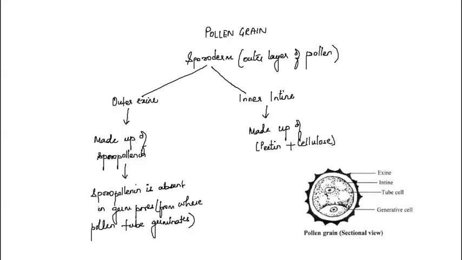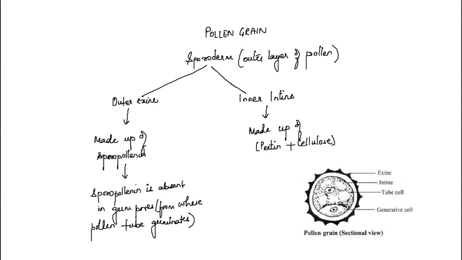Now we will discuss the pollen grain. What we studied: the pollen mother cell has undergone meiosis. It has produced what? It has produced pollen grains. Now we will study the pollen grain. Microspores are the pollen grains which are released. They have an outstanding feature, which is their wall. Their wall is sculpted. Their wall has sculptures.